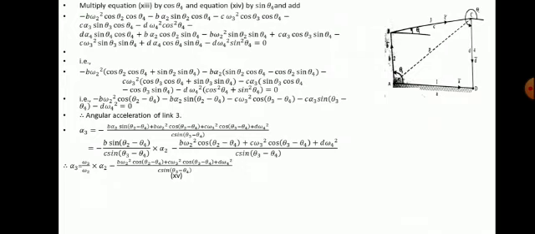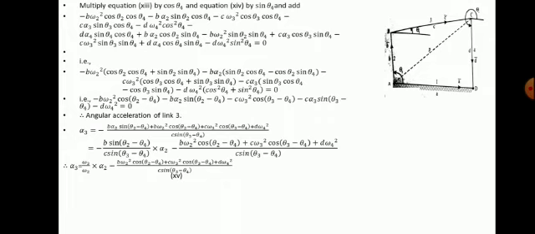Now minus b omega 2 square, the common term you take outside, cos theta 2 cos theta 4 plus sin theta 2 sin theta 4, minus b alpha 2 you take it outside, same thing you do, minus c omega 3 square same thing you take it outside, minus c alpha 3 you take it outside and multiply the factor sin theta 4 minus cos theta 3 sin theta 4, minus d omega 4 square into cos square theta 4 plus sin square theta 4 is equal to 0.